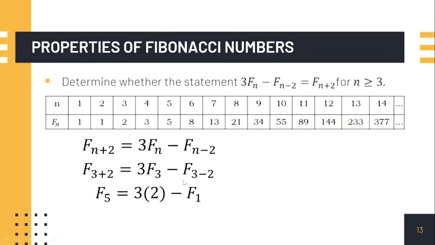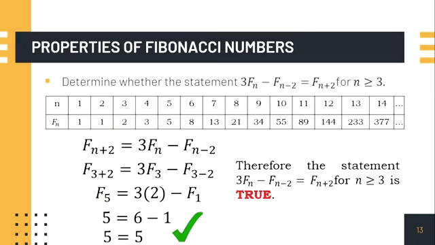Pinalitan lang natin yung n ng 3. So, that is f sub 5, 3 times, kasi yung f sub 3 natin, yung value nito ay 2. Kaya pinalitan ko na yung f sub 3 ko ng 2 minus f sub 1. So, we all know that f sub 5, that is 5, is equal to 3 times 2, this is 6, minus 1. Bakit 1? Yung f sub 1 natin, ito yon. Okay, 1. So, therefore, 5 is equal to 5. And that is true. Therefore, the statement 3 times f sub n minus f sub n minus 2 is equal to f sub n plus 2 for n is greater than or equal to 3 is true. Another,